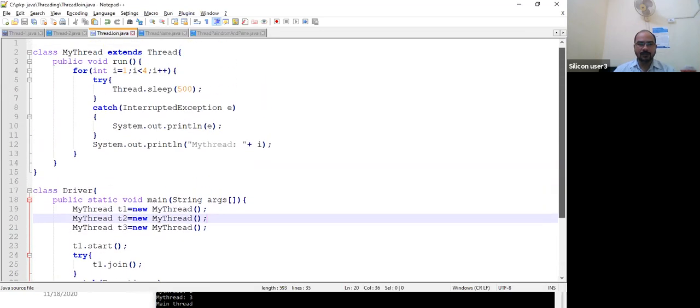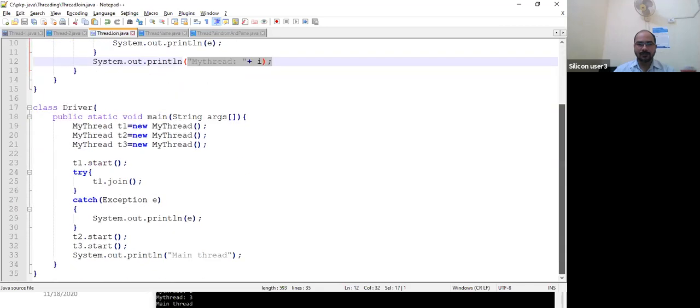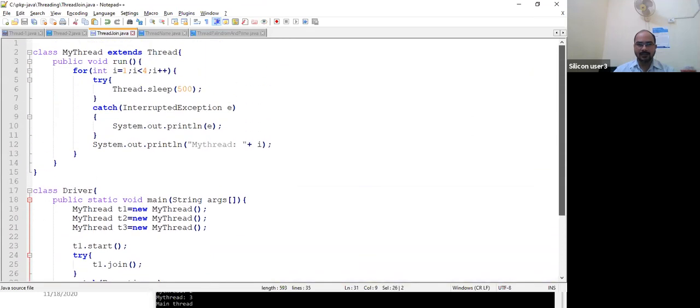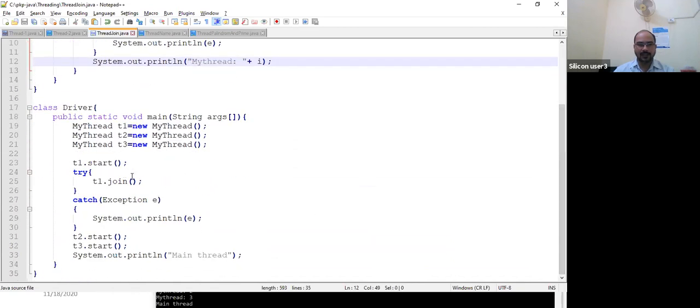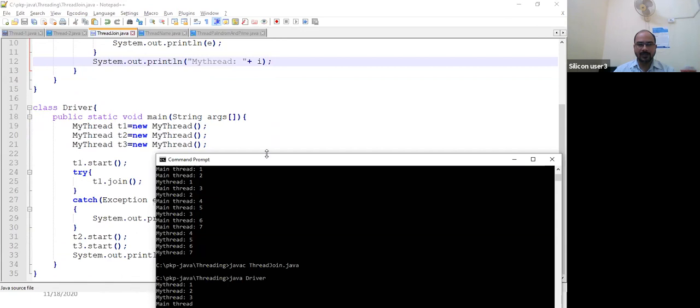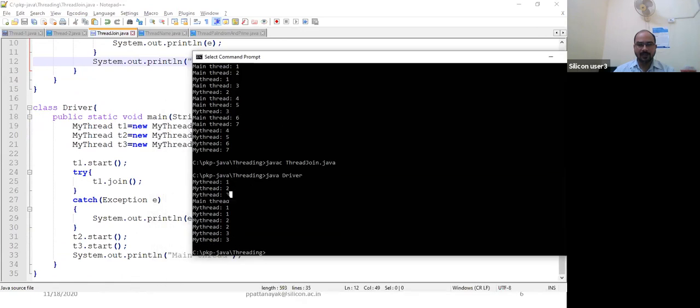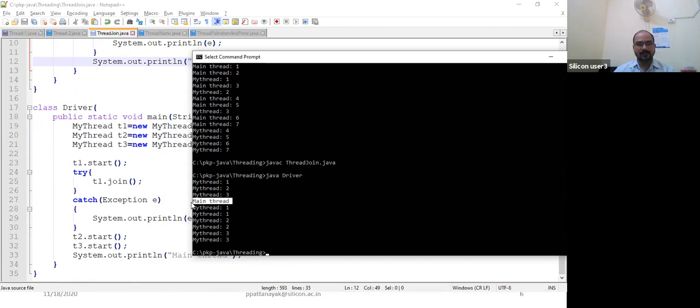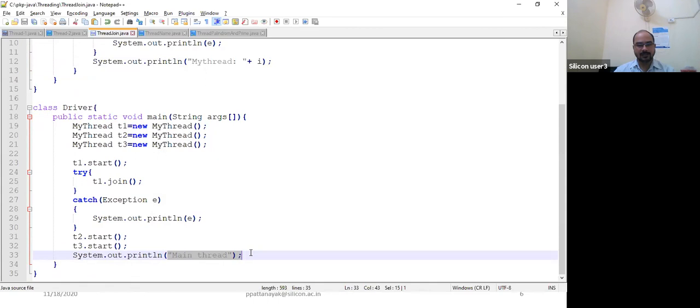That is main thread 1, 2, 3. This part will execute by T1, because T2 and T3 are also doing the same, similar kind of task. T1's job is complete. See here, T1 populated 1, 2, 3. Then the main thread executes.